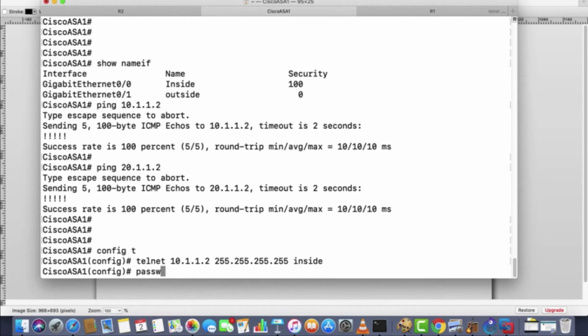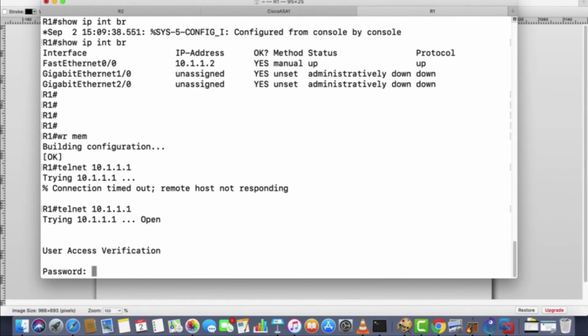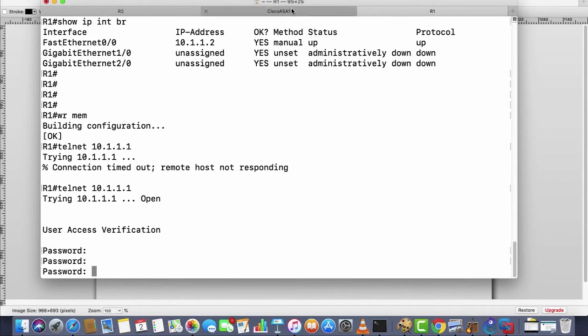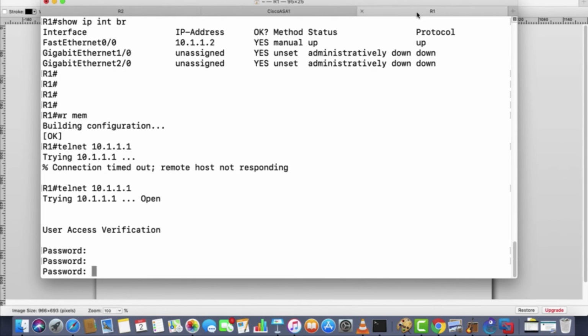You also need to set up the password. If you don't do it, what will happen? Let me show you. Now it is asking for a password. I don't know what the default is. Let me try Cisco. It doesn't take it. So you have to enter the password. The command for the password is passwd. Mention GNS3. Now let's try GNS3.